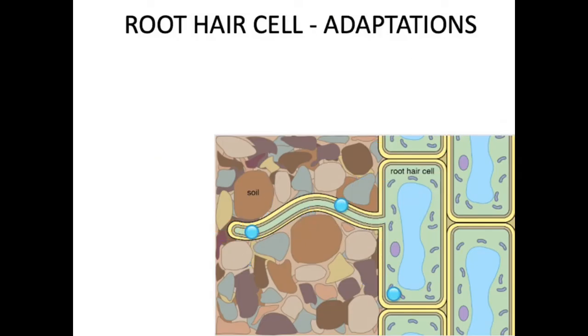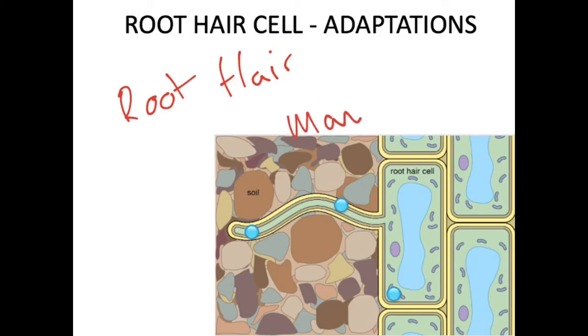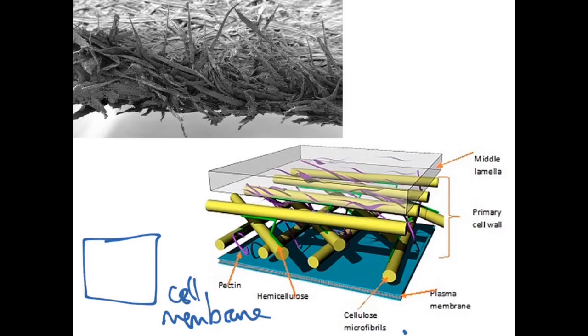Right, so adaptation. Root hair cells have got a root hair. Why? To increase the surface area. And they have many mitochondria. Why? Because they need energy to do active transport. Right, before we do the next thing, which is pretty much the only new difficult thing that you need to